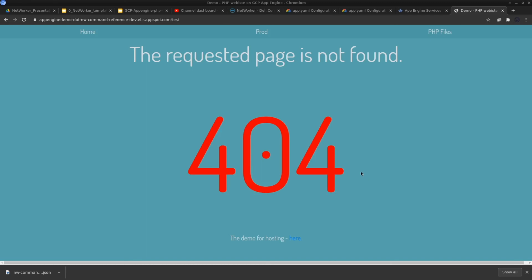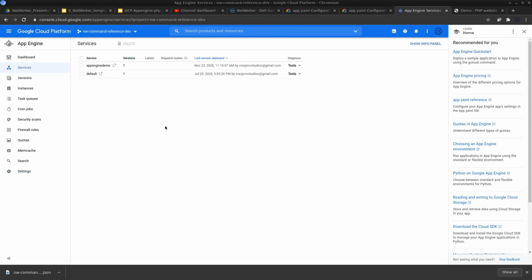Even when you're using GCP in the trial period, you can get used to it, and you can also deploy your website during this period. You can also change the URL. For example, if you have a website that you want to map to the website that you have deployed within App Engine, make sure that website is deployed as the default service.